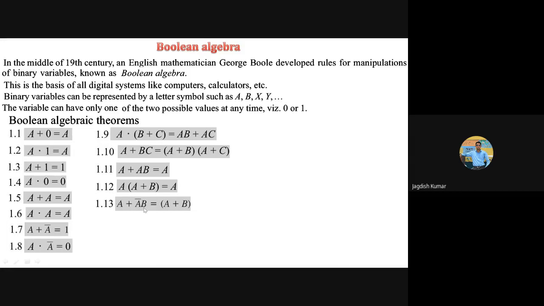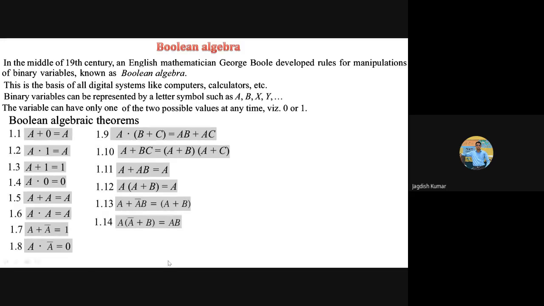So why do it the complicated way? Right? That is the significance of Boolean algebra. It means you can simplify your circuits, and it is very helpful in designing circuits. That's why I said all the digital devices you are using have used Boolean algebra in one way or another. We'll be coming to that.